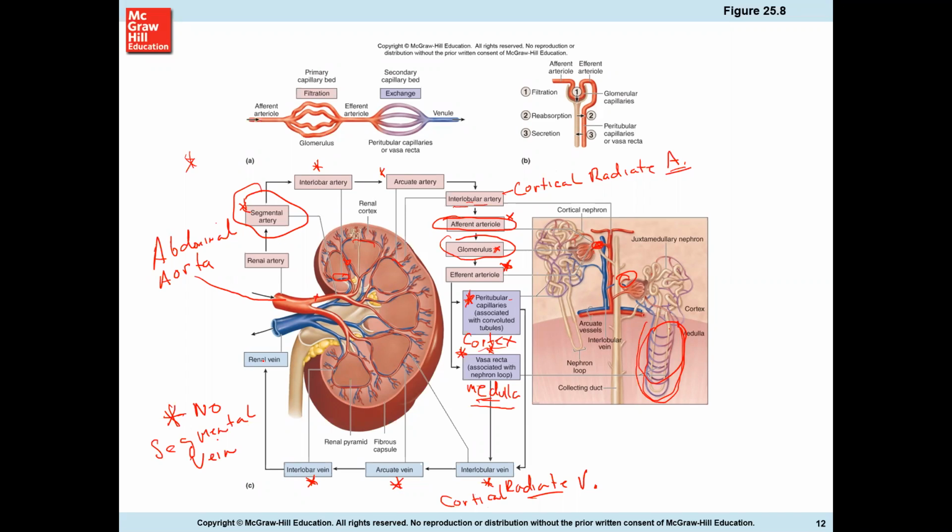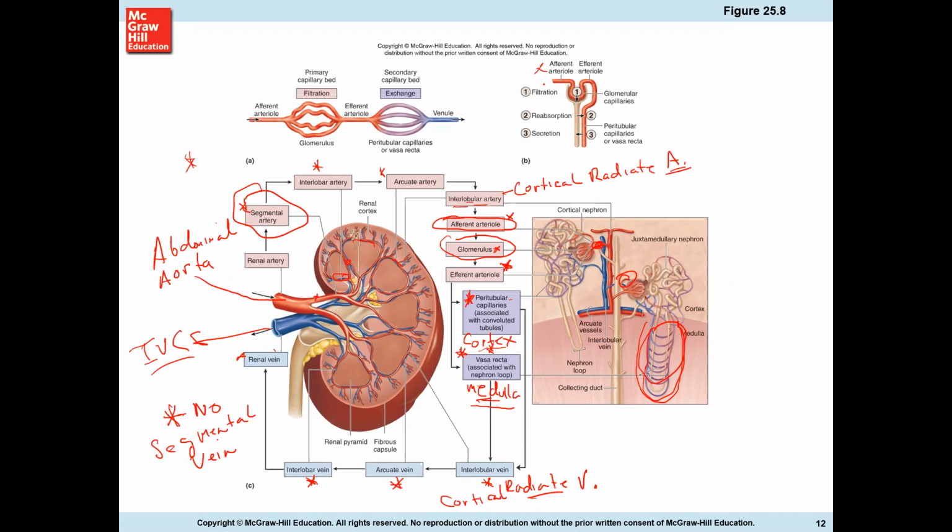And then the blood goes into the renal vein and then out to the inferior vena cava to be returned to the right atrium to be oxygenated again and put back into systemic circulation after the pulmonary. So you know what capillaries are, you know the exchange, and this is pretty good here, showing you